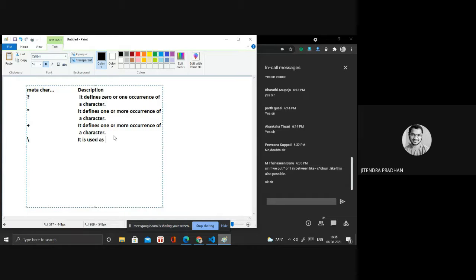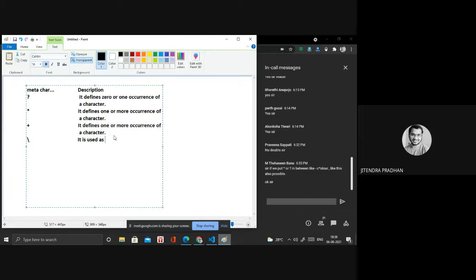Yes, because all these meta characters we use inside the pattern. By combining different meta characters we design a pattern, like the first character will be uppercase, and I only allow a character zero or one time, not more than that.